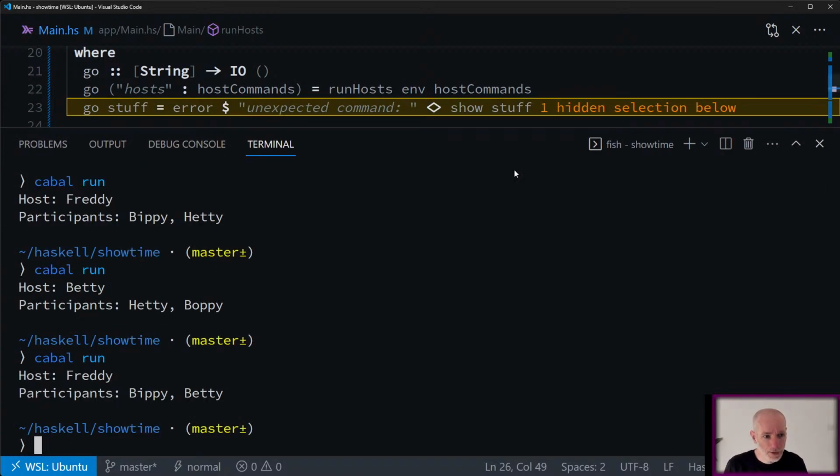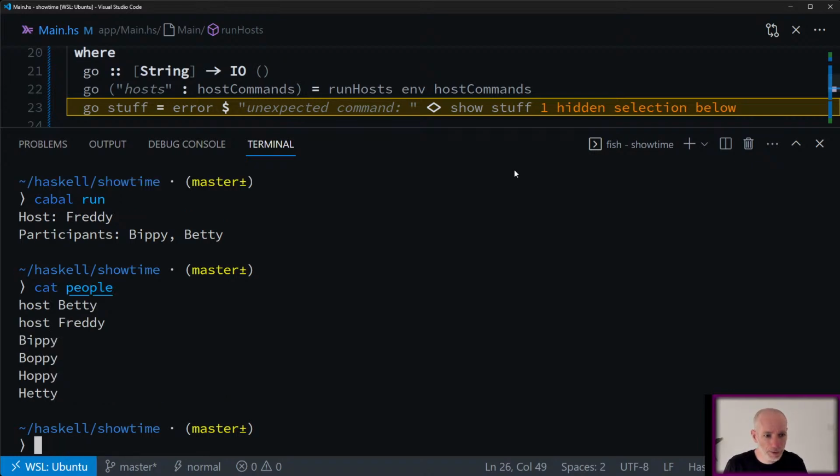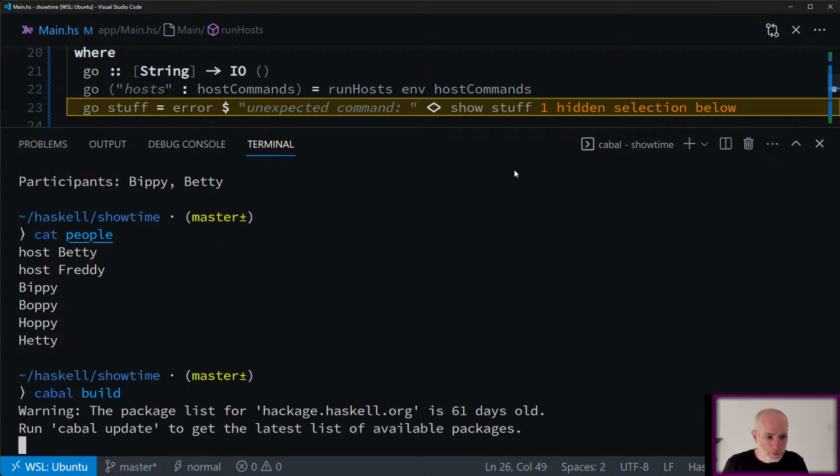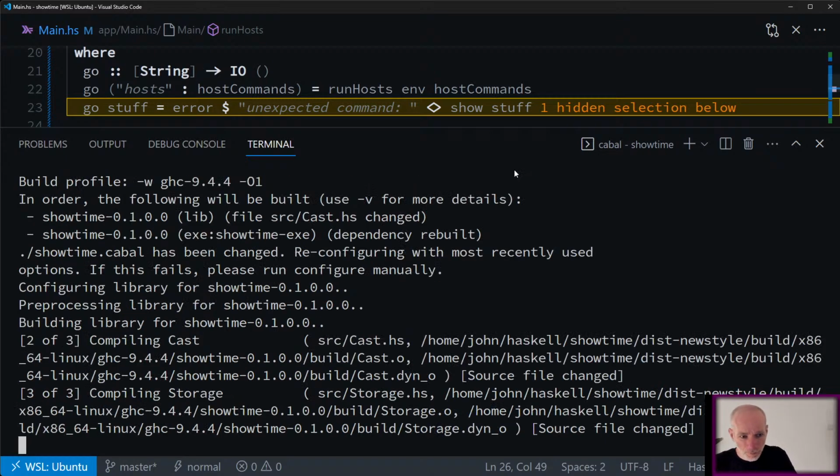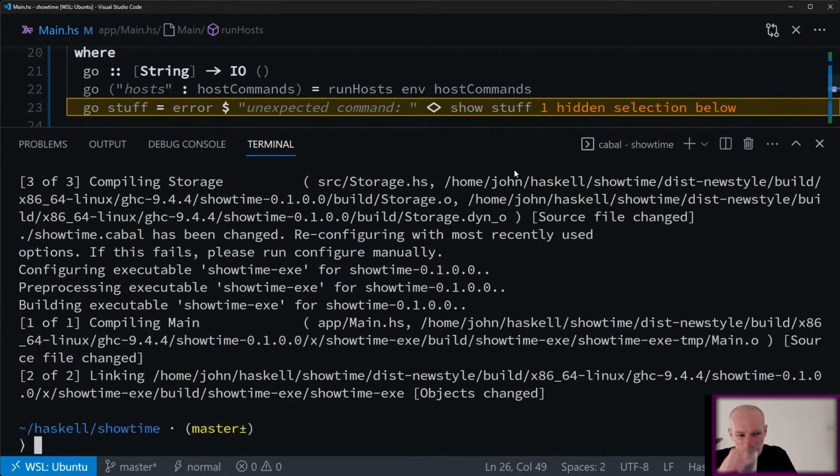Let's have a look and see. So if I just cat people, and then I should be able to say, build it quickly to get rid of all the noise. I should be able to say something like cabal run.